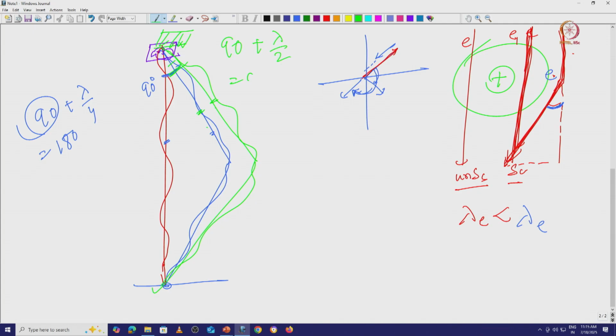If we just consider that lambda by 2, what will come? It is 180. So it will come total 270. Total change between this blue wave and the green wave. Now if we want to plot that one, that blue wave and green wave, so the unscattered electron beam is